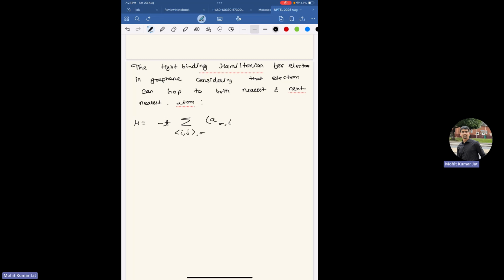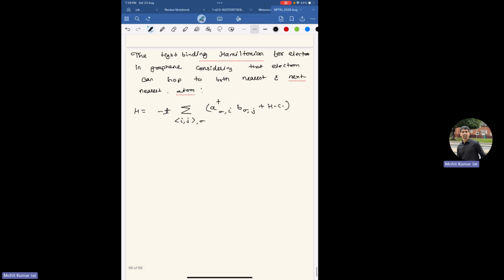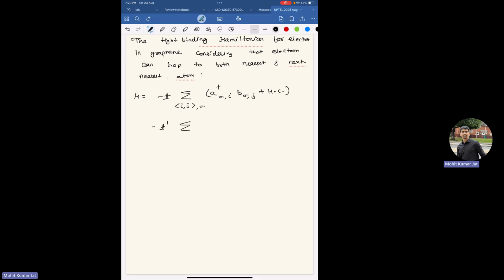A sigma i dagger B sigma j, and the Hermitian conjugate of it to make it real. And then you take the next nearest, so you put these two brackets, over the spins, A sigma i dagger A sigma j plus B sigma i dagger B sigma j plus Hermitian conjugate of it,